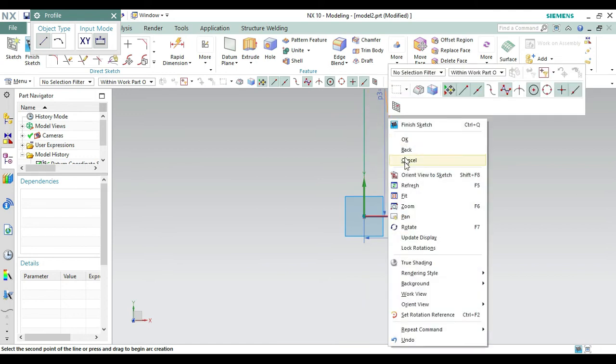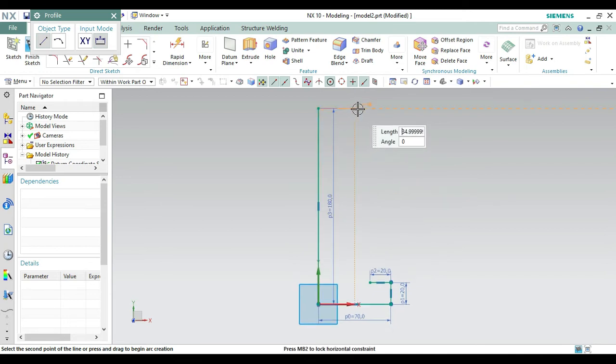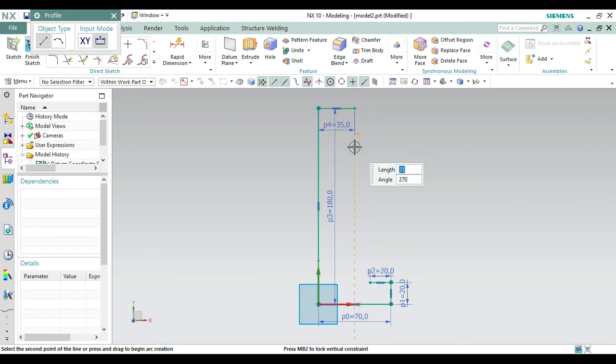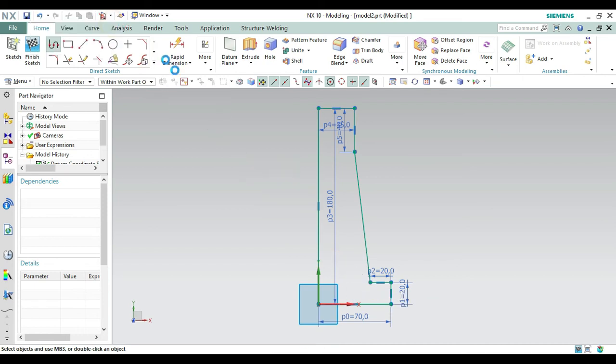Now what we have to do is to bring it to isometric view from here. Now go right, means the length up to 35, and make the angle at 0. Now go down with the angle of 270 and create a line of length 40 like this one. Now what we have to do is to join these two points, okay, like this one. Let's cancel the command from here.